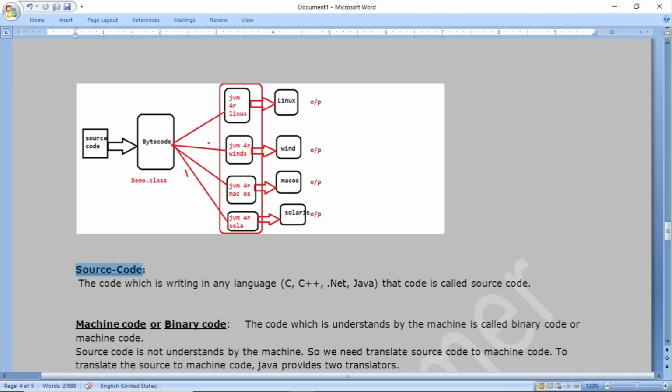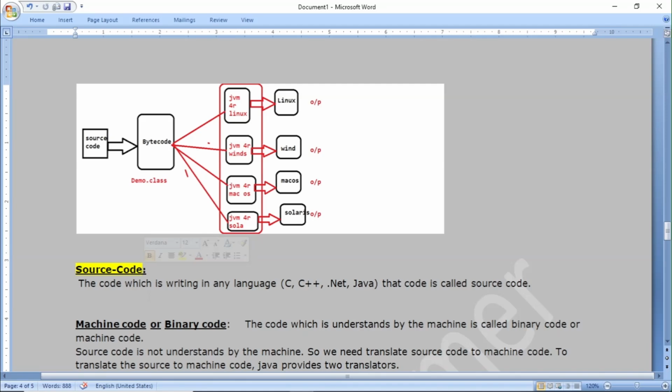What is source code? Source code is code written by a human. That code is called source code. Whenever we save that code, we should mention an extension. If it is Java code, then our extension is .java.